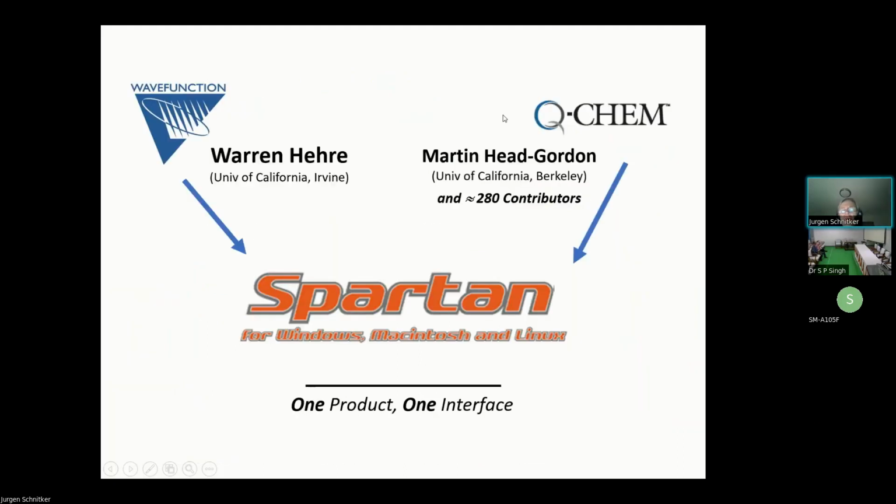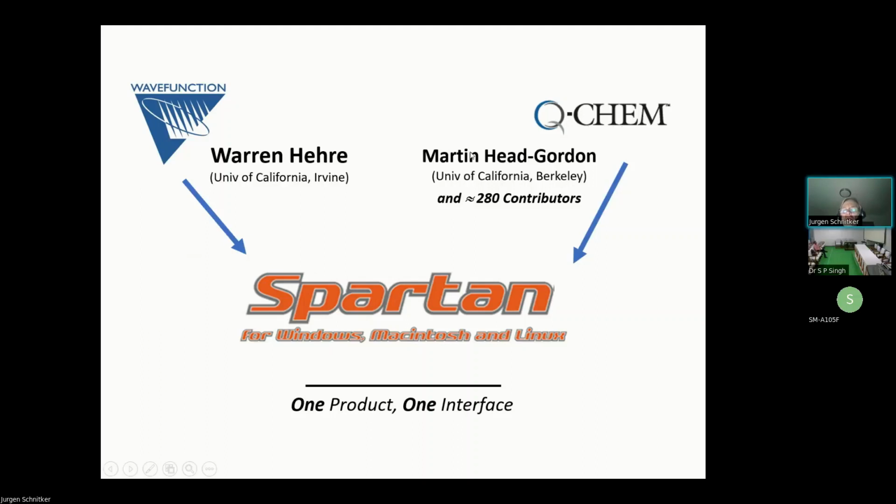What Yatindra did not quite touch on is that Spartan is actually two programs in one. Namely, what really comes from Wavefunction, which is the graphical user interface, the whole infrastructure for doing all this stuff. And inside of that is the computational engine for quantum mechanics, not for classical stuff, but for quantum mechanics, which comes from Q-Chem.